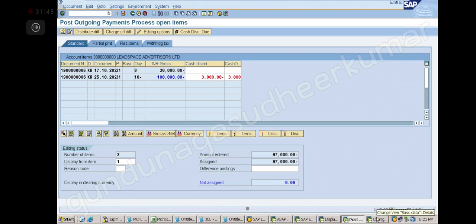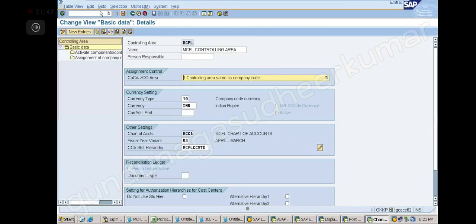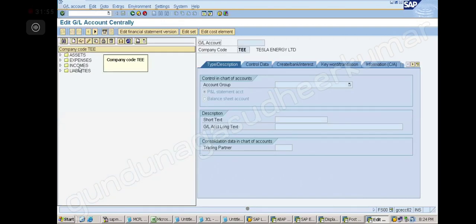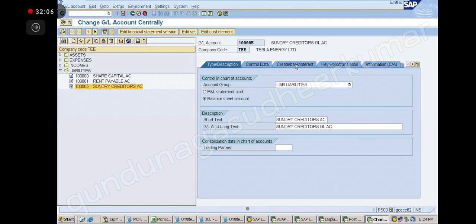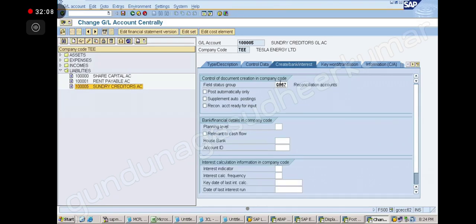No, the variant you have to use is the same variant for your company code, but the group you have to create is G067. The group is different, the variant is different. Understand? You got confused. When I go to create bank interest, this is the reconciliation group name G067.